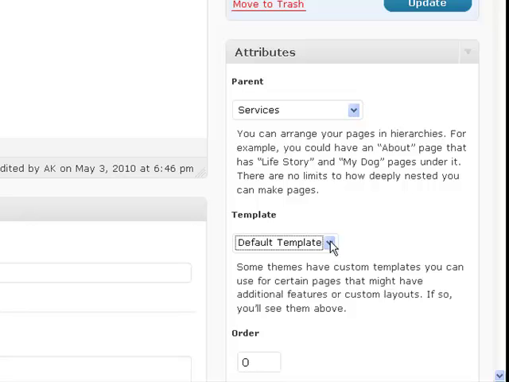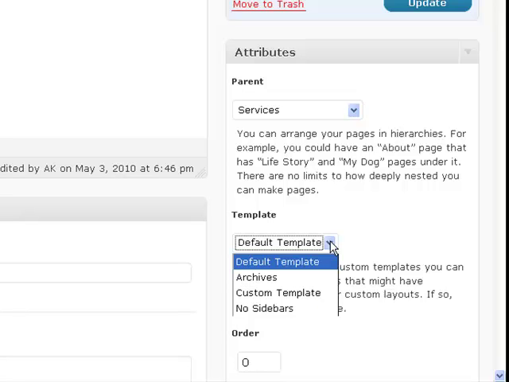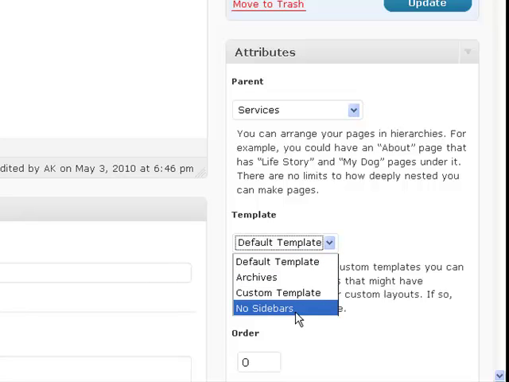You can see here when I click this arrow, the options I have are archives, custom template, and no sidebars, which is the option that I want to focus on. On your website, different pages are going to have different goals. On a page like your Contact Us or pages describing your products or services, you want visitors focused on the task at hand. You want them to give you a call, fill out a form, make a purchase, or take some other specific action. If you have a bunch of other information in your sidebars, that's only going to distract them. So on those pages, it's nice to have the option to remove the sidebars so you keep visitors focused